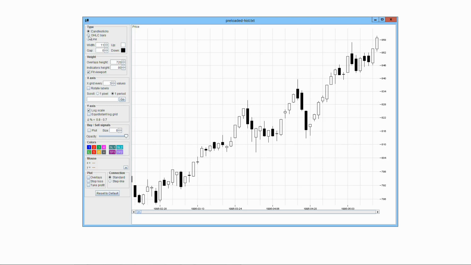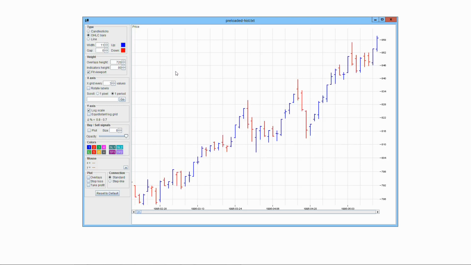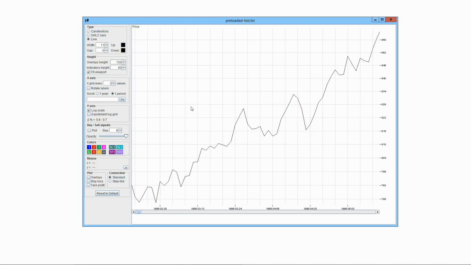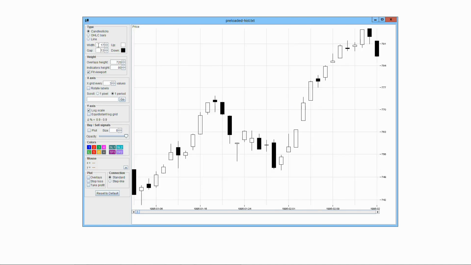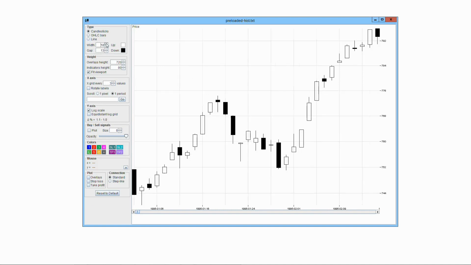With the OHLC bars option, prices are shown as open, high, low, close bars. The vertical bar is between the low and high, the left horizontal bar is at open level, and the right horizontal bar is at close level. With the Lines option, prices are shown as a line, connecting closing prices. The Width option controls the width of each candlestick